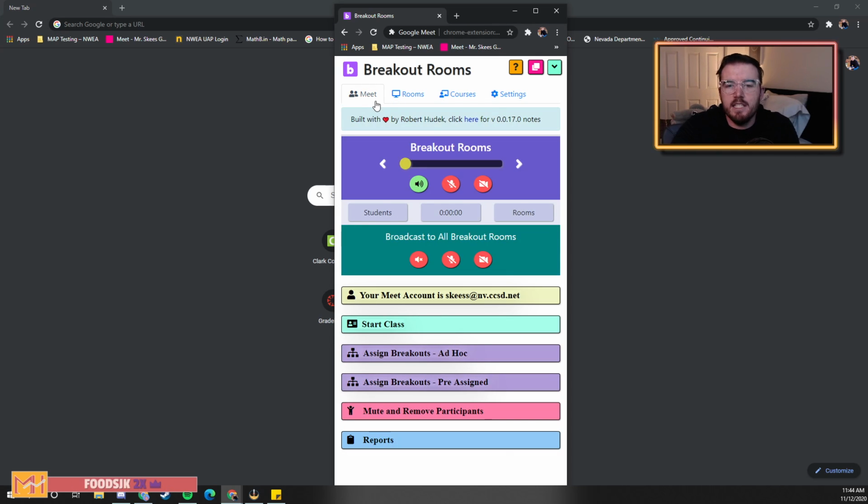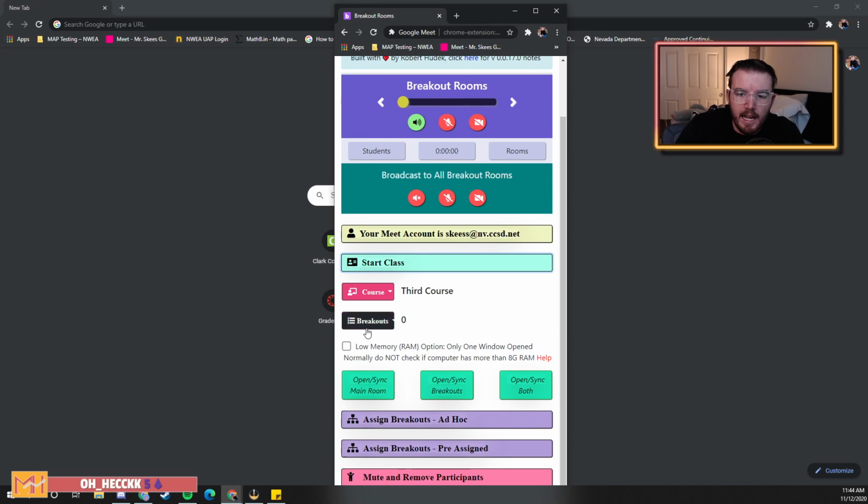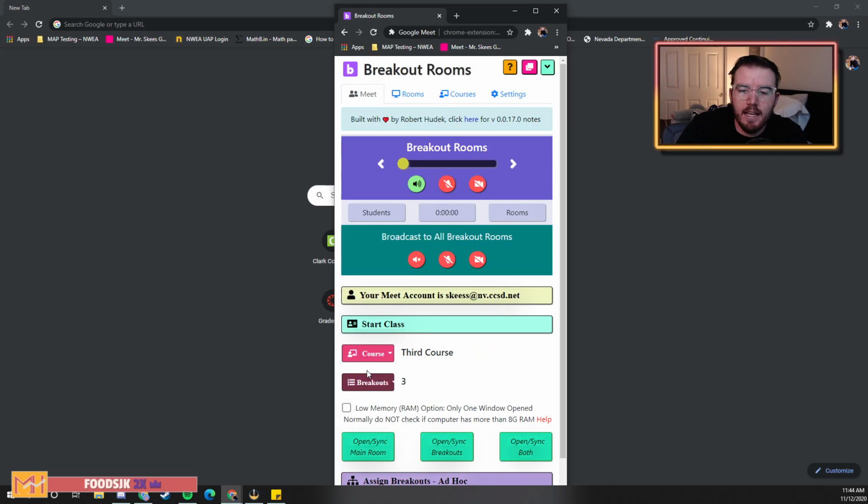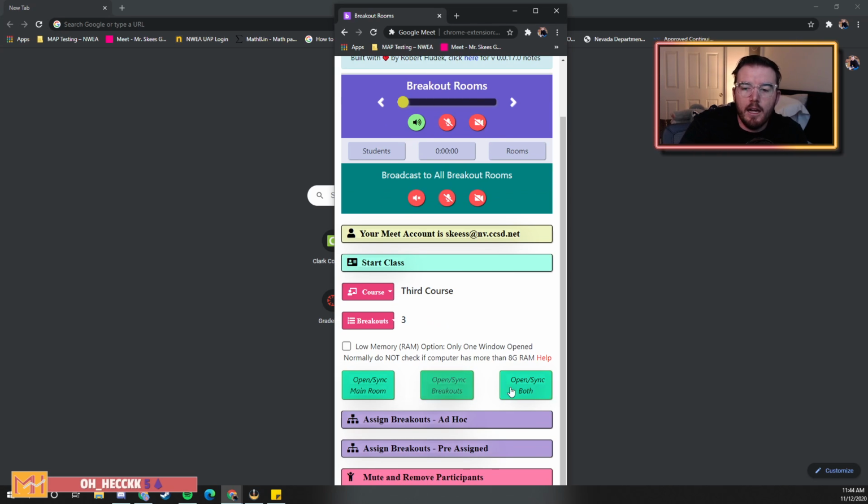So this is the main page of the extension when you open it up. And there's this space down here that says start class. Let's say I want the main room and 3 breakout rooms, right? I don't want a whole bunch. I don't want to open all 4 because I made 4, but I only want to do 3, okay? This is basically how I start